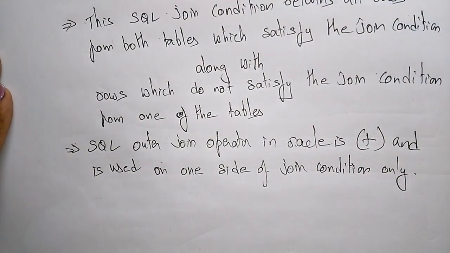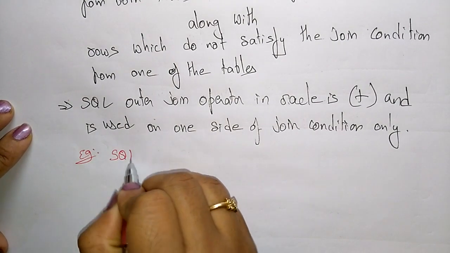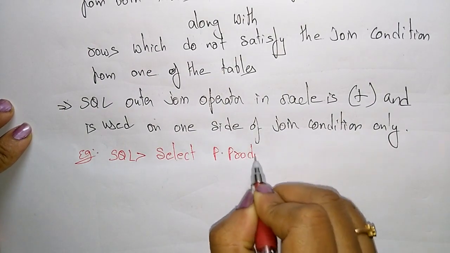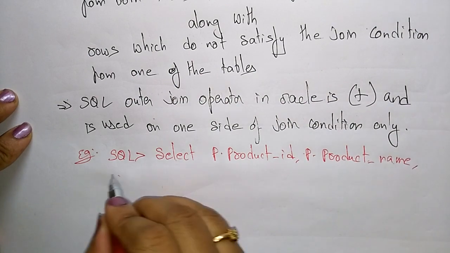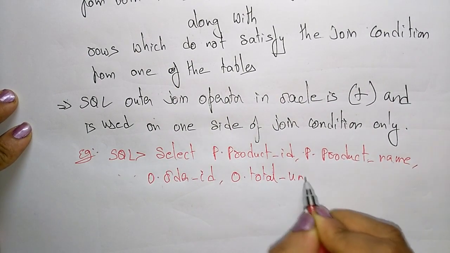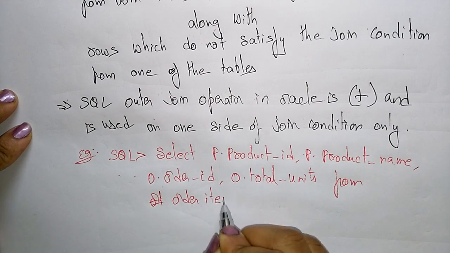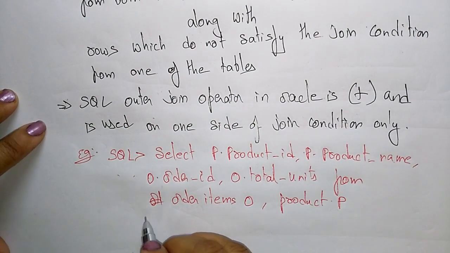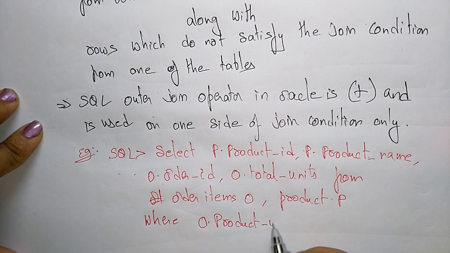Okay, let me take the query for the outer join example. The previous example only: select p.product_id, p.product_name, o.order_id, o.total_units from order items O, comma product table P, where O.product_id plus